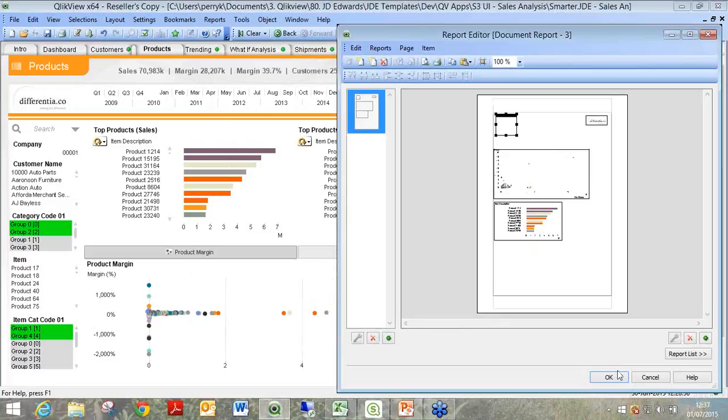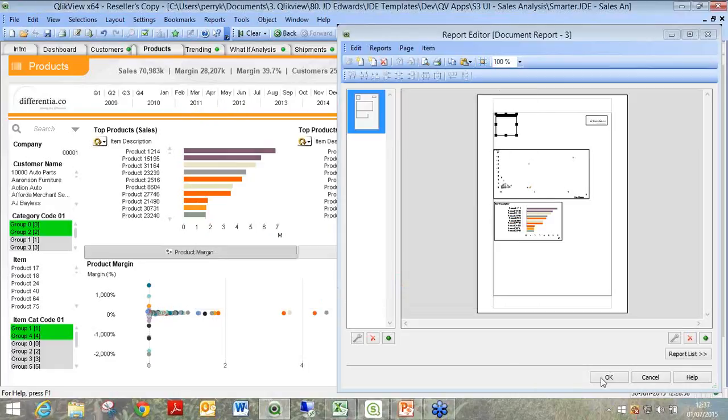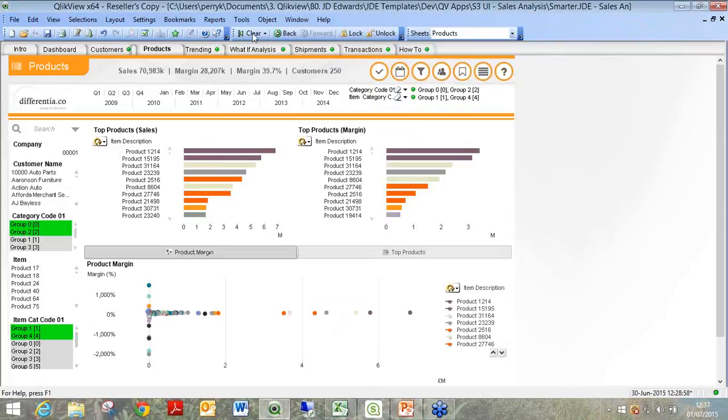So that's it, I've generated my report. What I can also choose to do is to band this report or create a page break. So I may choose to page break this report by one of our customer category codes. So if I click OK, I'm just going to clear my selections,